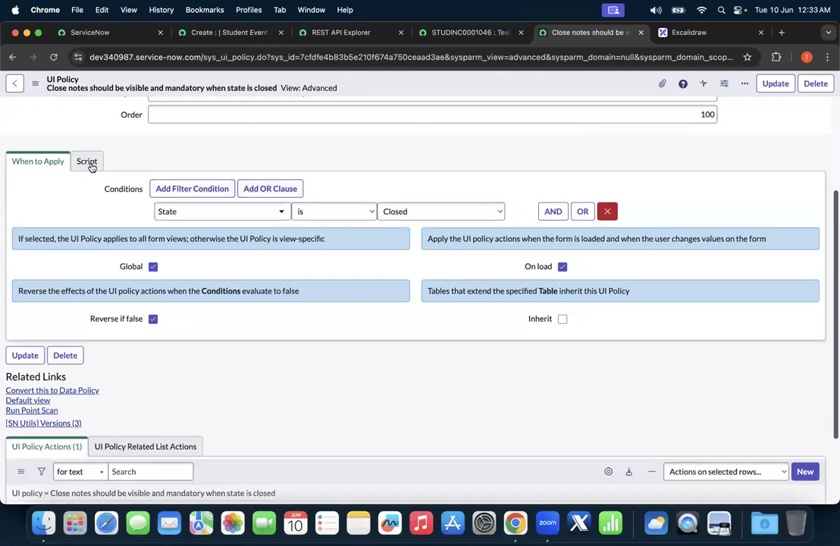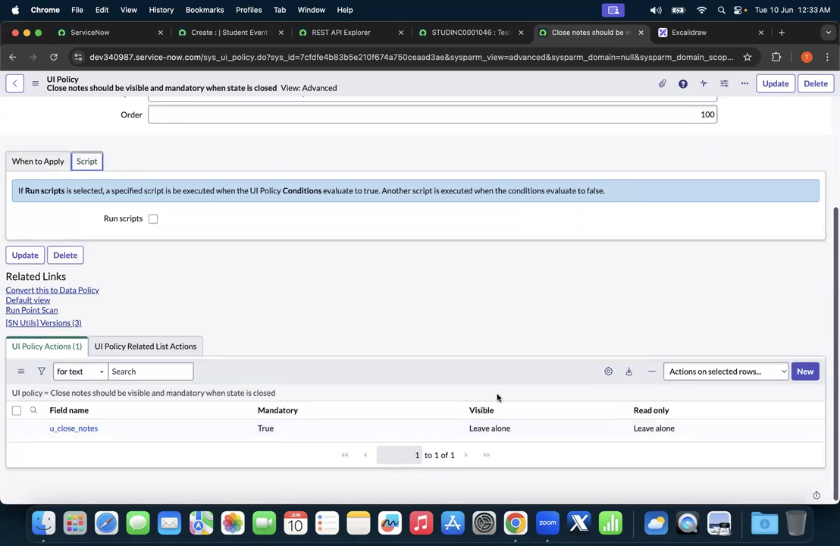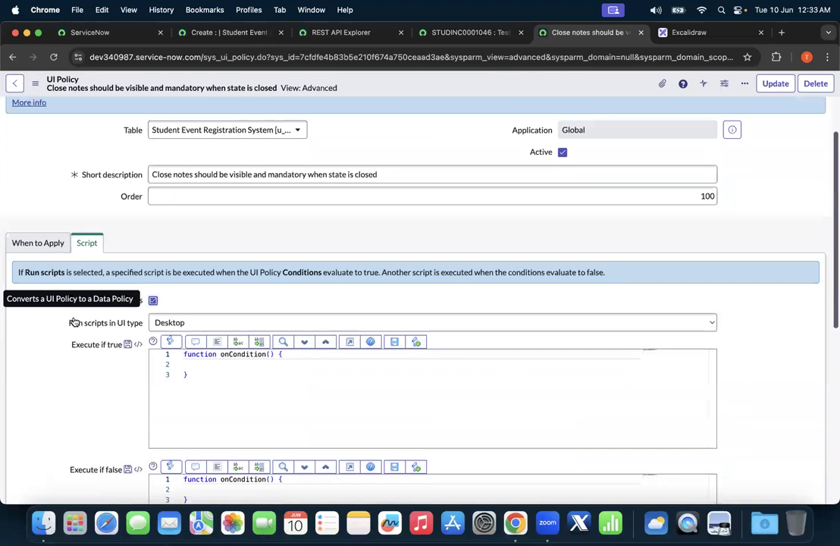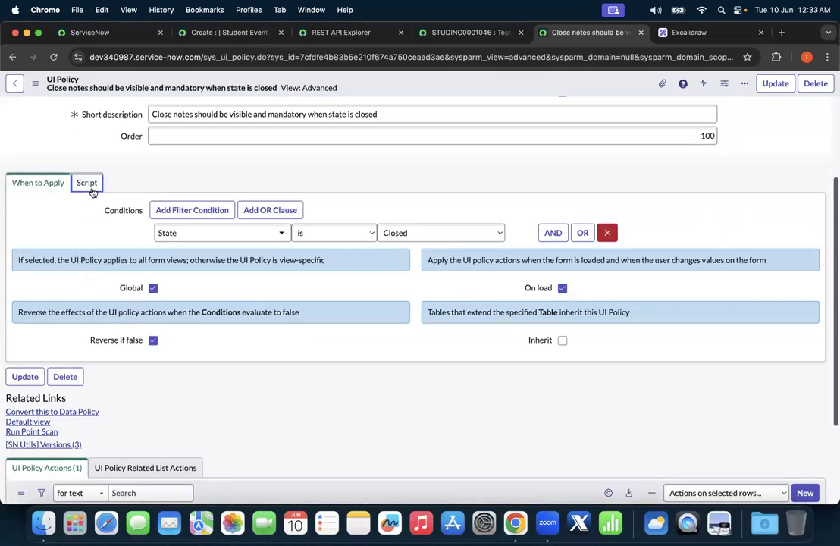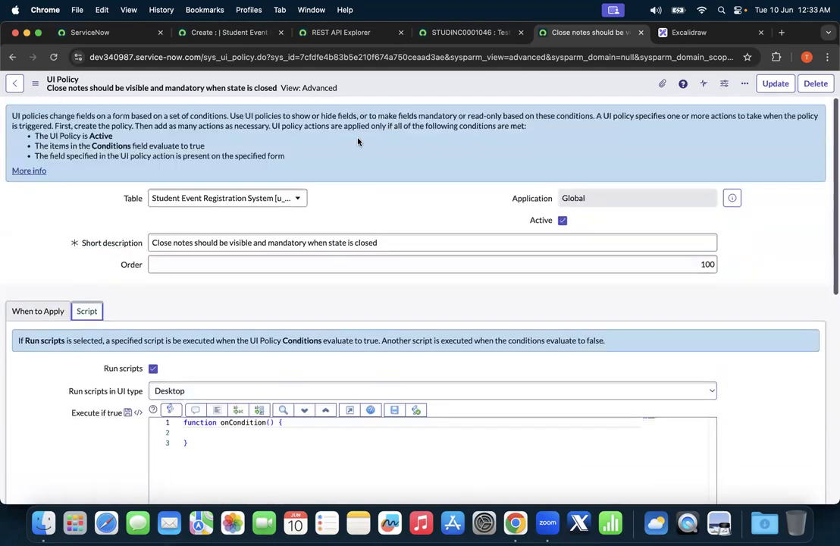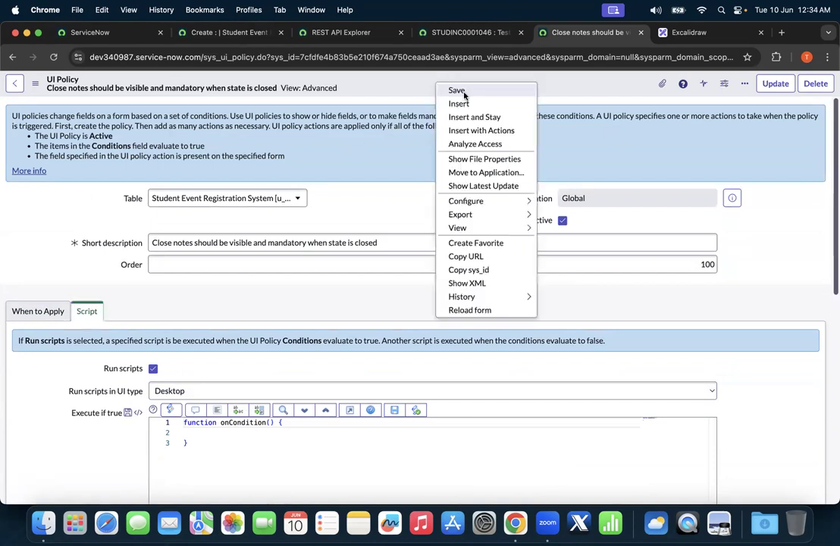And let me click on script. And if I just click on run script, okay, now you can see the convert to data policy because the view was created. And if I have just script checkbox as true, we can also create a script on UI policies as well, which we will be understanding in the upcoming lecture series. If I just save the form,